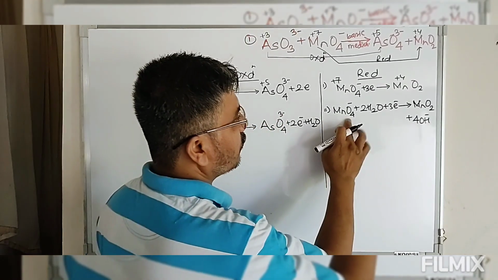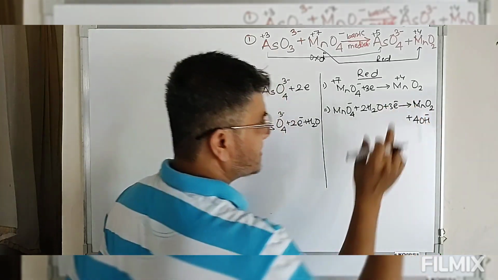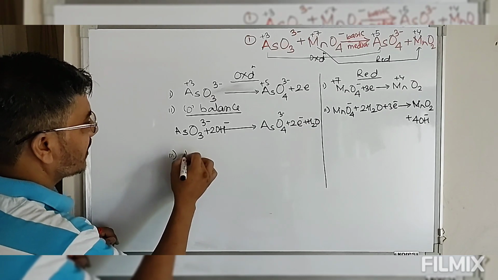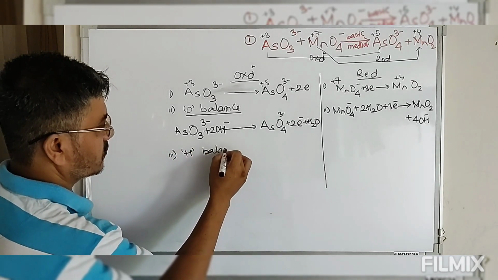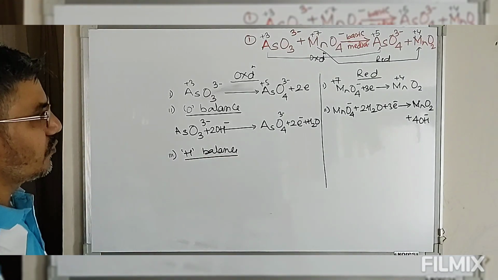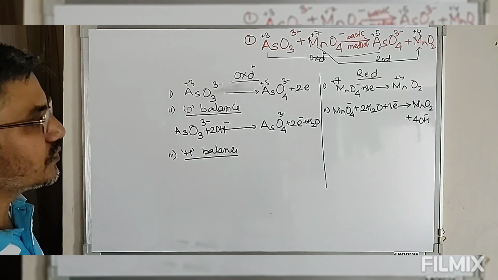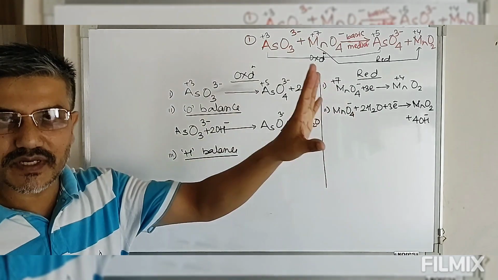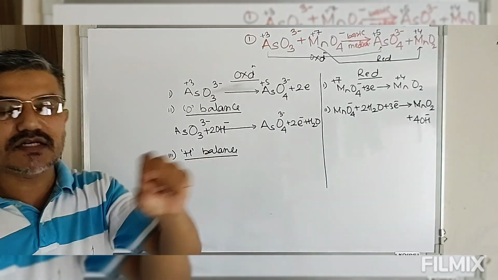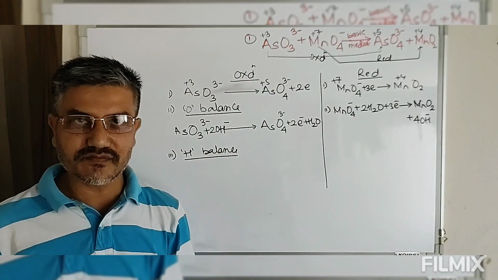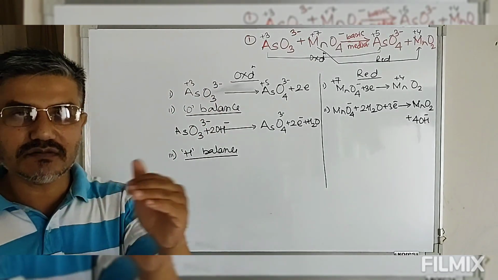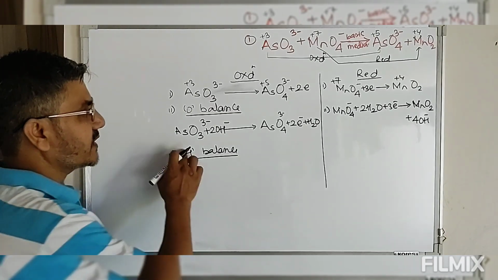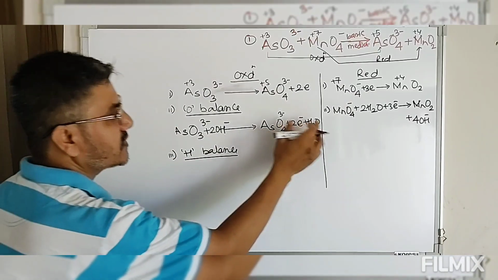Now let's take 4 + 2 = 6, 4 + 2 = 6. So next is to balance hydrogen. Hydrogen balance करना. Now look at this step number 2. We have 2 hydrogen left side. We already have 2 hydrogen, so no need for further balancing. This was the reason why I have asked you to balance oxygen first. If you balance oxygen first, in many of the cases hydrogen will be automatically balanced. If not balanced, then we have to follow the rules. So in this particular case, when we balance the oxygen, hydrogen is automatically balanced.